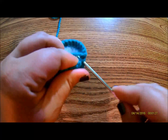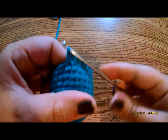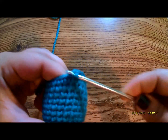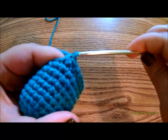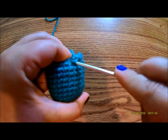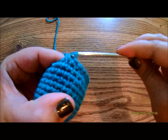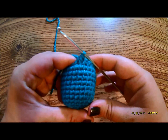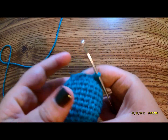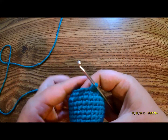So 1 single crochet, 1 single crochet, and 1 decrease. Alright, go ahead and repeat that pattern all the way around until you have 18 stitches, and I will see you back here. I've just finished round 13, and round 14 is going to be 1 single crochet, 1 decrease